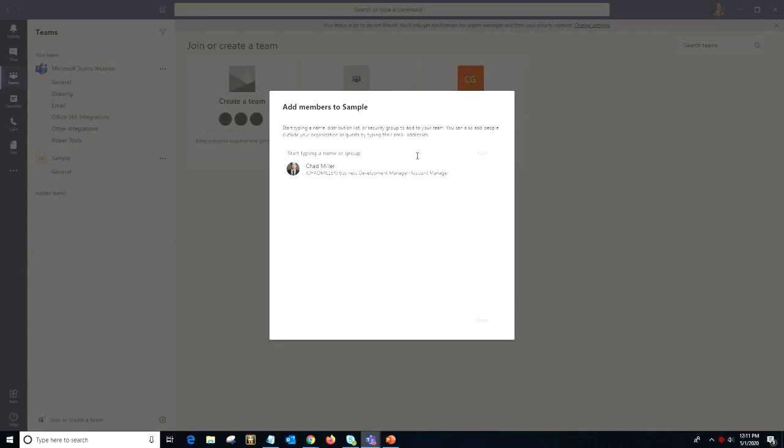Like I mentioned before, you can invite outside people not part of your company to your team. So if I was to invite, for instance, a Gmail account that is not part of my Microsoft Office tenant, or my Hotmail account, I could invite myself as a guest, and then that email address would get a link. They do not have to have Microsoft Office. They will be asked to create an Office 365 login. They don't have to have a license for that. It's free, and then they will have